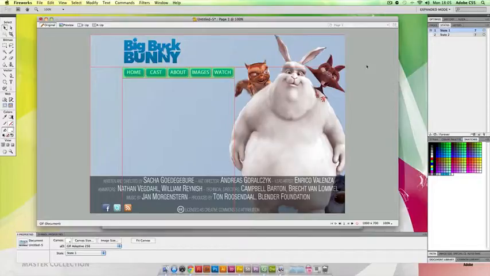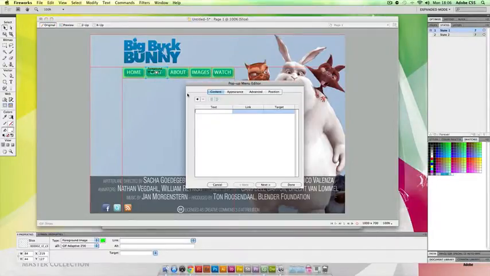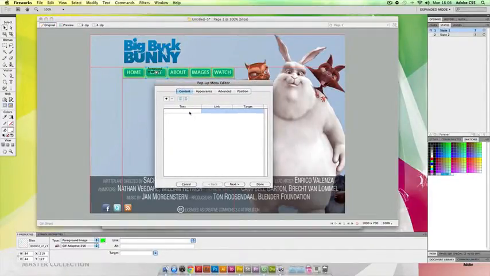Today we're going to add a drop down menu to one of our buttons, and for this one we're going to use the cast button. So making sure you have Fireworks open, select your state for cast and click on the white dot in the middle of the state. Now we're going to select add pop-up menu, and this is where you add the options for your pop-up menu. And for today I'm going to add Buck as one of my options, and